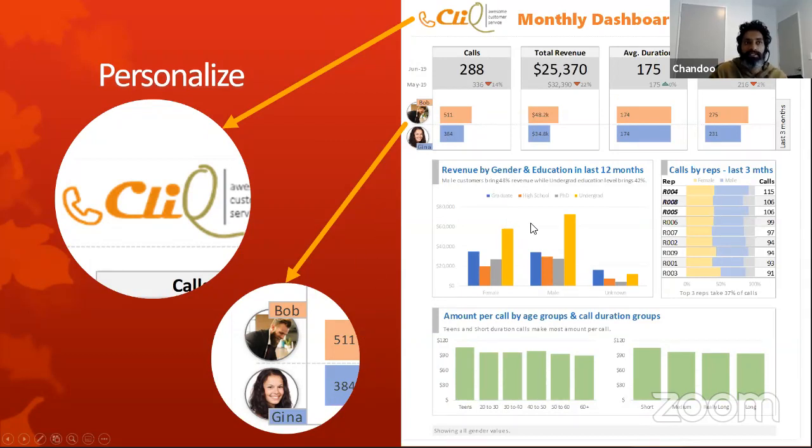So think of all these ways through which you can add that personalization to the report so that at a human level, you can connect with your audience. So those are the tips. I know I have not shown you the Excel file and told you how the construction works, but maybe if you have any specific questions, please ask me. But I do have a copy of the Excel workbook for you to take away and tear it apart and learn from that. So I will leave that to you.